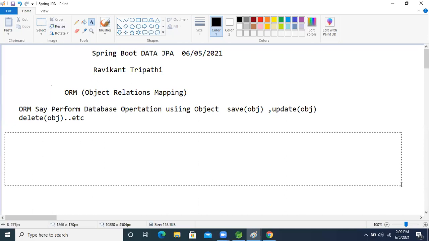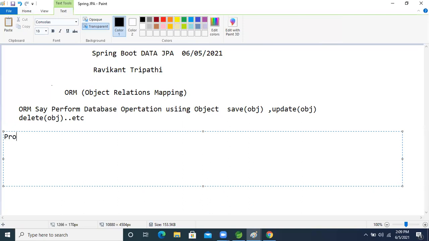So here the programmer has to follow the mapping rule to implement the ORM concept.